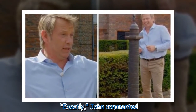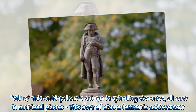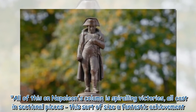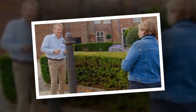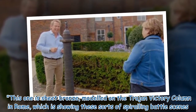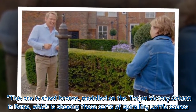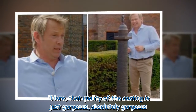"Exactly," John commented. "And the column is cast from captured cannon. All of this on Napoleon's column is spiraling victories, all cast in sectional pieces, this sort of size a fantastic achievement. This one is sheet bronze, modeled on the Trajan victory column in Rome, which is showing these sorts of spiraling battle scenes. Here, that quality of the casting is just gorgeous, absolutely gorgeous,"